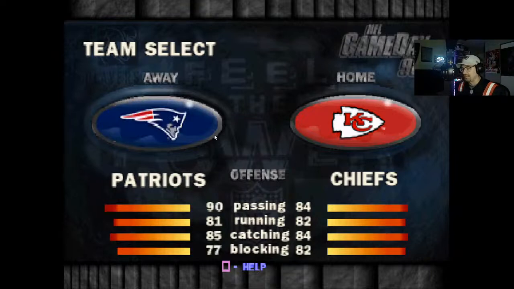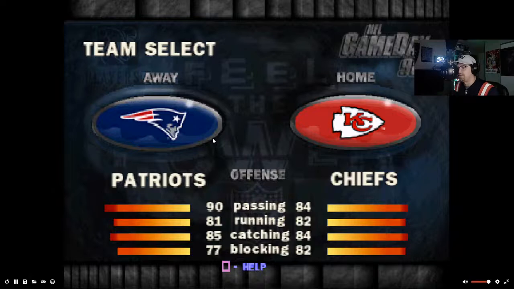Patriots have a 90 passing. I kind of feel like that goes for the quarterback. I don't know why, but it feels like that. The Packers, you know, they have a 96. I think Brett Favre is the highest rated player in the game.